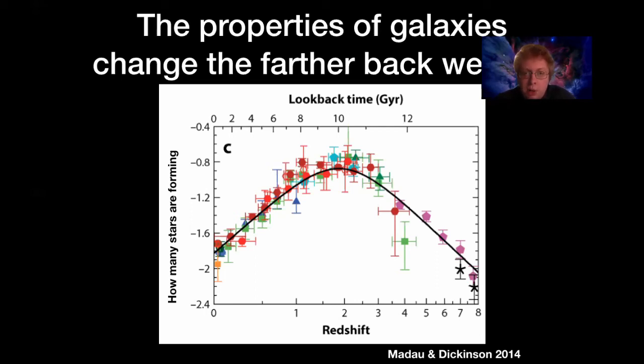And it's a big problem for the steady state model, because the steady state model assumes that everything has been going on forever, for an infinite amount of time. So why would it be the case that if we look back 10 billion years, things were different, if everything's been happening exactly the same for much, much longer than that?